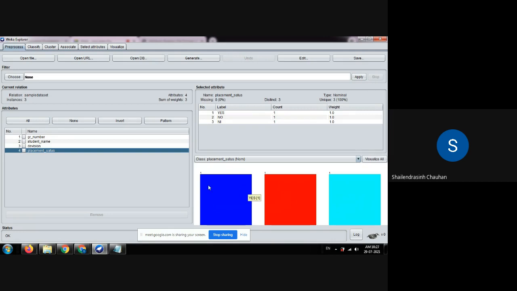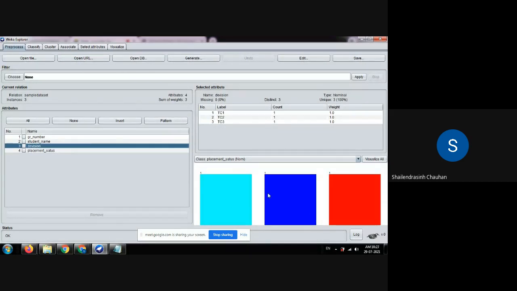So dark blue is placement status yes, red is placement status no, and light blue is for not interested. And that is the meaning of this with respect to classes.